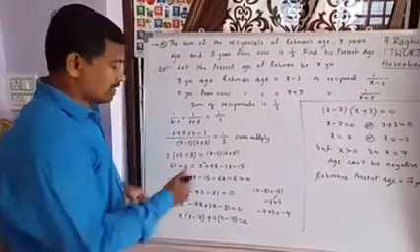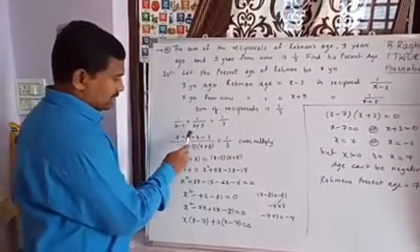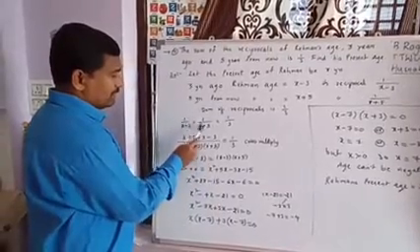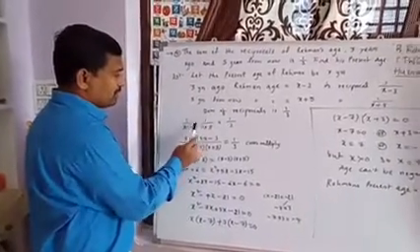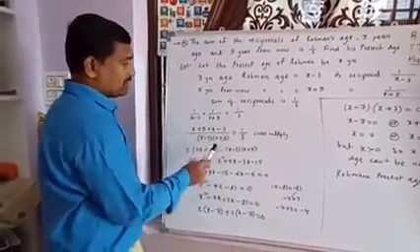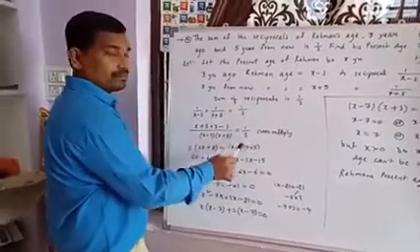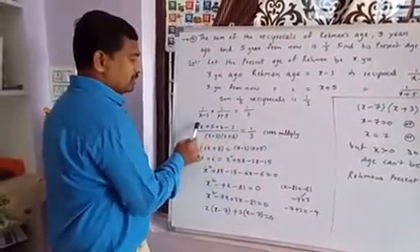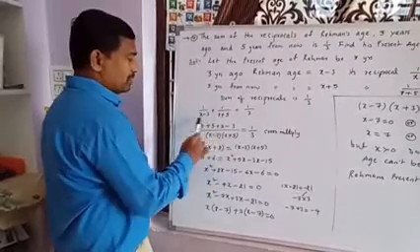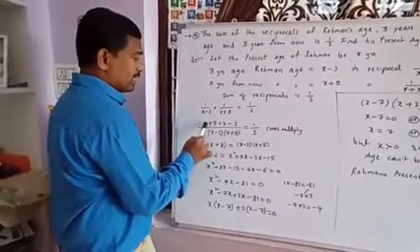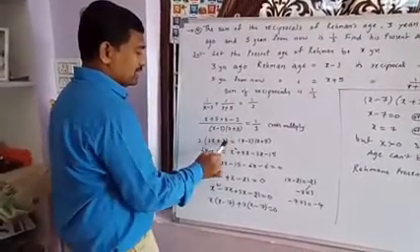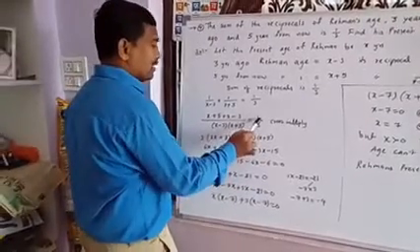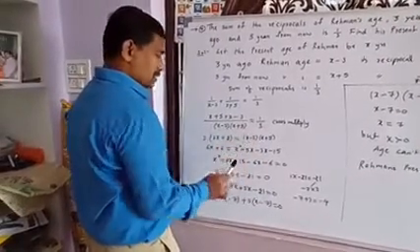So let us take the LCM here. The LCM is x minus 3 into x plus 5. So 1 into x plus 5 plus 1 into x minus 3. Now cross multiply. By cross multiplying, 3 comes to the left side numerator: 3 into the numerator, x plus x is 2x, 5 minus 3 is 2. This denominator goes to the right side numerator: 1 into this.